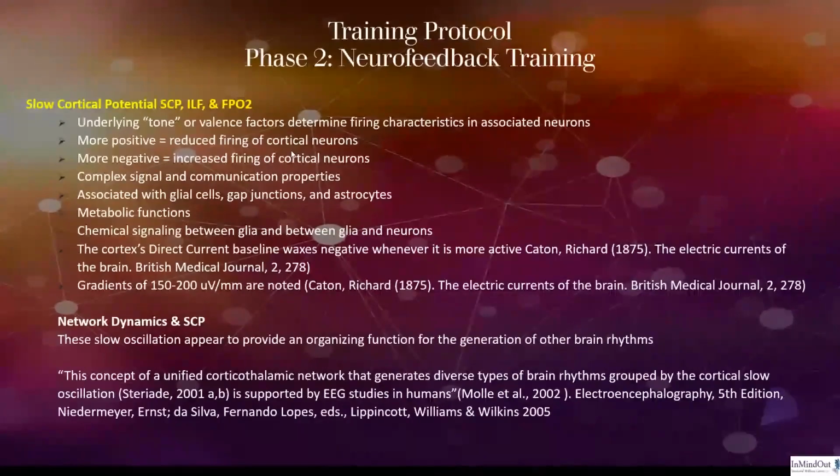So when it comes to slow cortical potential training, ILF training, as well as FPO2 training that I just discussed, all of those are great because in training the person's overall tone, so to speak, or valence of the neurons and the readiness of the brain to perform. So, for example, when it comes to slow cortical potentials, the more positive it is, the less we know